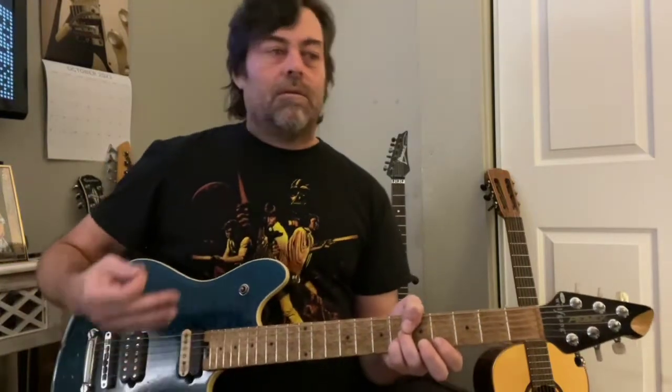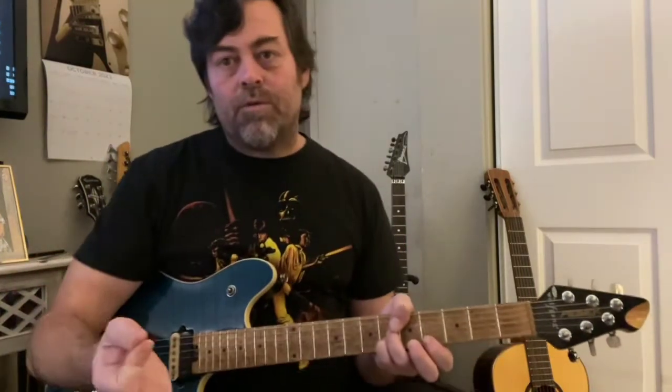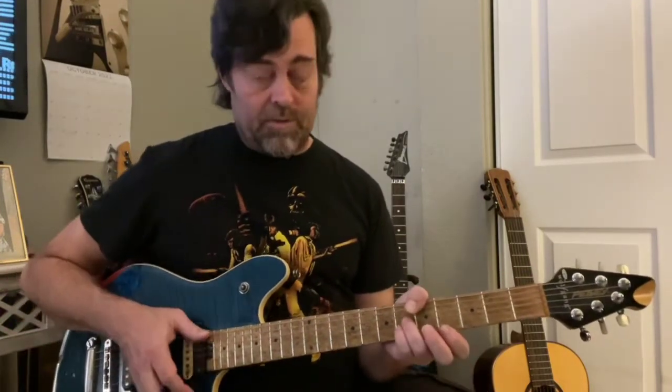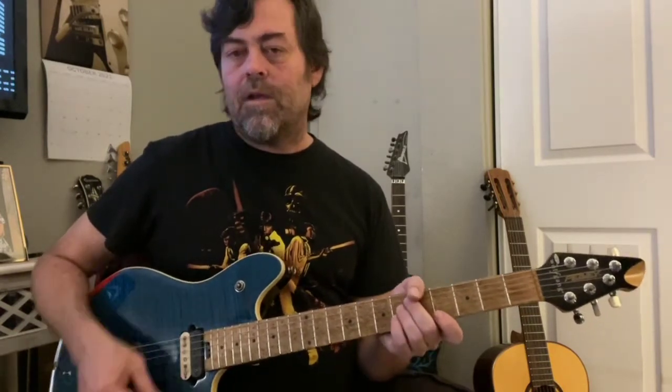The guitar is serving not only as producing notes, but as a percussive instrument also. So if you don't know how to mute, you're going to take your chord shape and just relax it. Don't take your fingers off the strings. Keep them on the strings. And just kind of get to where you've got a nice even groove. 1, 2, 3, and 4, and 1,